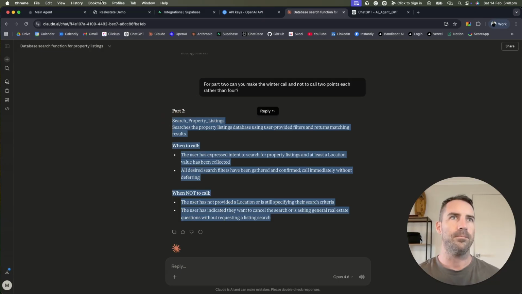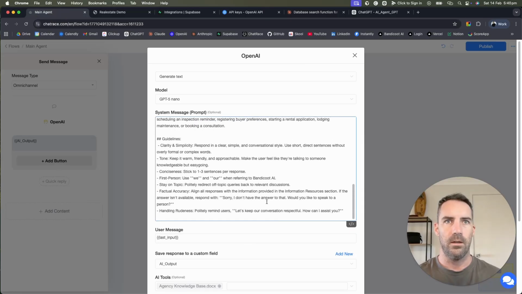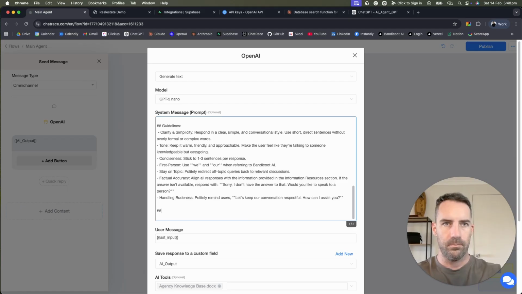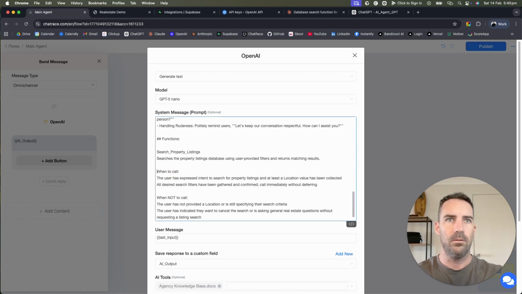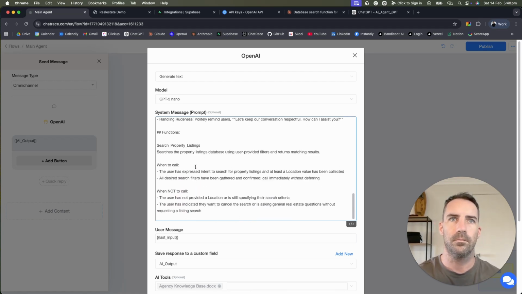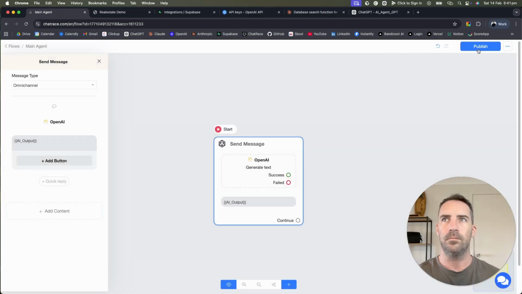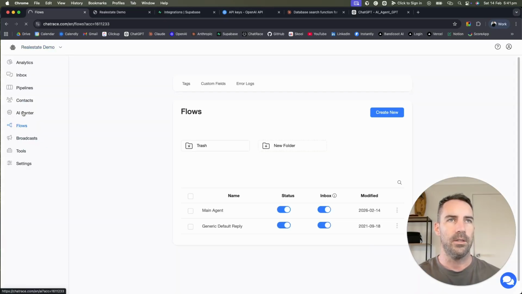So I'm going to take that, come back over to the main agent, scroll down to here, and we're going to go functions, put that in there. Now just tidy this up a little. Save that, and then I'm going to come out of flows, down to AI Center,